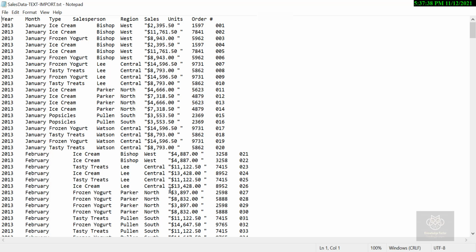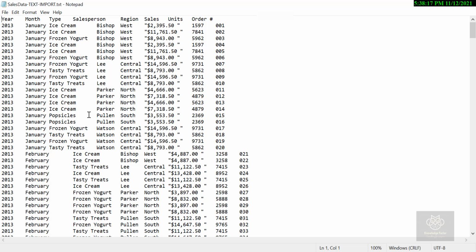Now, inside the newer releases, and like I said, I'm actually going to open up the text file in front of you first, and here it is. So this should have been downloaded. Hopefully you have downloaded the exercise files at the beginning of this section of the course. Inside of there, I have got one called sales data text import.txt. And this is what it looks like. On a Windows system, I give it a double click, and it automatically opens it up inside of Notepad. If you are on a Mac, you may open it up inside of the text editor as well.